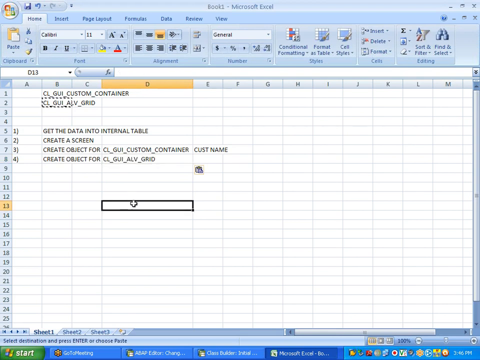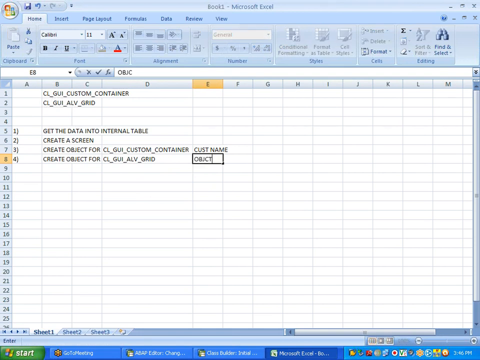I need to create object for this CLGUI grid. So for this, if I want to create a CLGUI grid object, I need to give this object. I have created already object for custom container. So in order to create the object for CLGUI grid, you need to give that object as input. Object of what? Custom container. If you give this object of the custom container class to this class, then only this class will create an